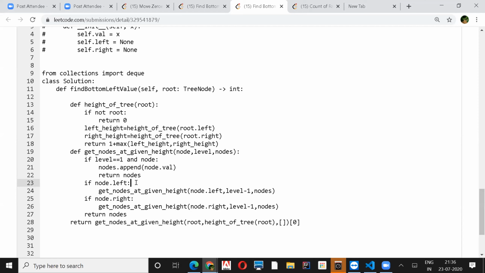Oh, okay. So you are not doing an in-order, but on line number 19, you are doing a pre-order, correct? Yeah, first I'm doing root and then left and right. Okay, so pre-order also will work. Is it in-order or pre-order? It's pre-order, sorry. First root, then left, right. Okay, pre-order.